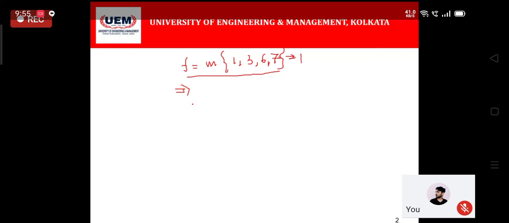Sometimes you will also get this type of equation in a question where simplification by K-map is required. You need to prepare the K-map and put 1 in the places given, 1, 3, 6 and 7. Then you can simplify using pairs, quads and octets, and create the final expression. But here we are looking at the function and trying to implement it not by using the basic Boolean gates or the simplification method, but rather by using a multiplexer.